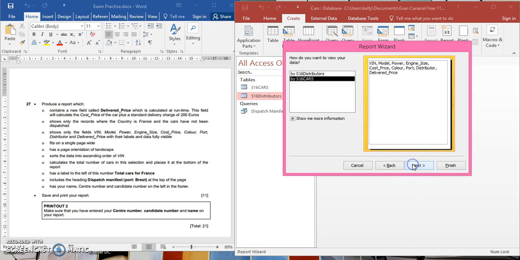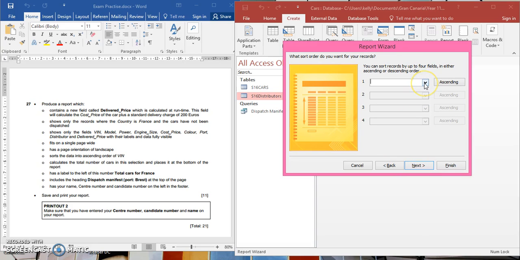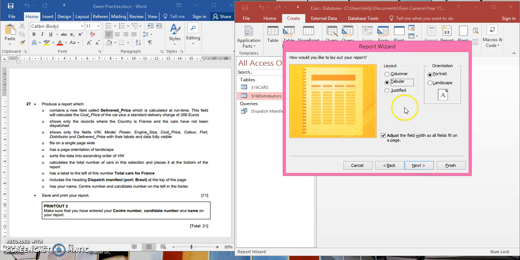So then we go to next. So go next, and next. Now they want the VIN in ascending order. Okay, so as you can see there, sorts data into ascending order of the VIN, which is the vehicle identification number. And then we go to next, and it wants the landscape orientation. So we select landscape, go to next,